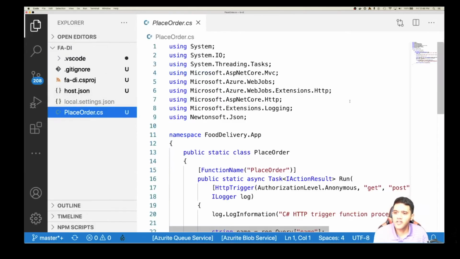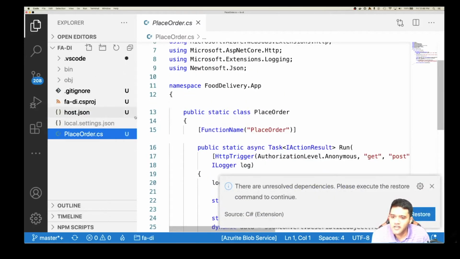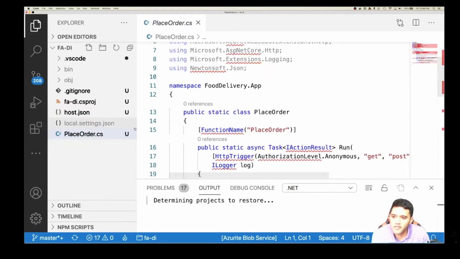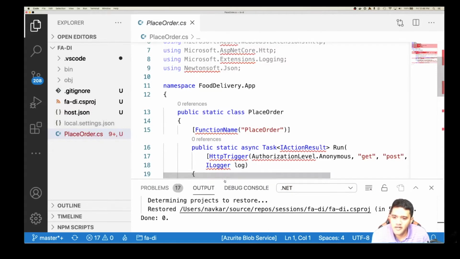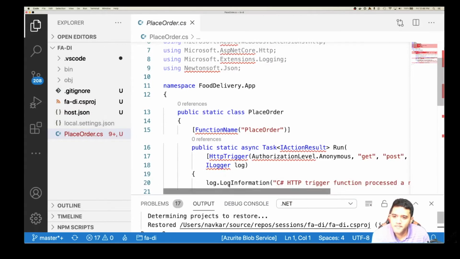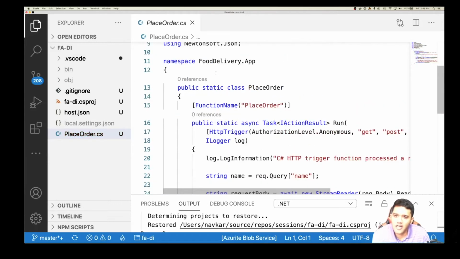So let's see. Every time you open a function project, you have this function app being created, and as you can see here, the function class is always static, and also the function method is static.